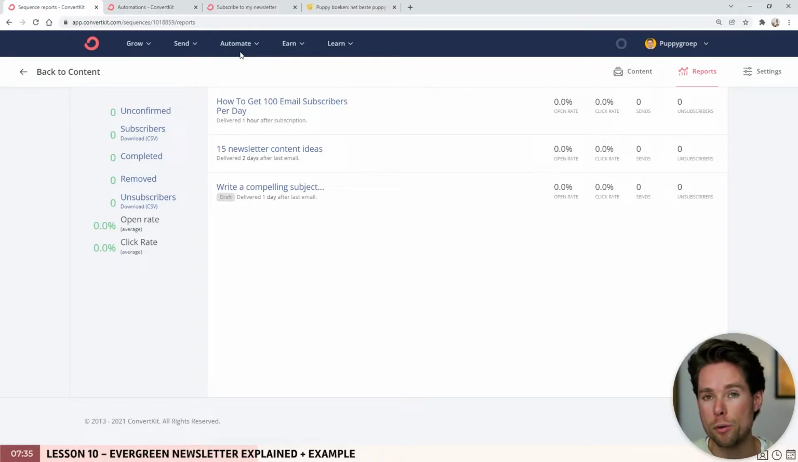And that's the thing with an Evergreen newsletter. You write your best content, and then your only job is to make sure new subscribers enter your list. Of course, you can write new newsletters as well, but then you can add those new newsletters to the sequence,